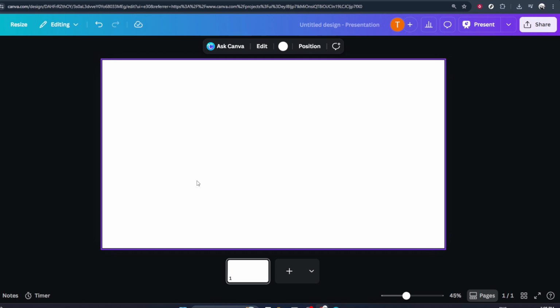Once your design is open on the screen, look over to the left-hand side of the Canva editor. You'll see a vertical toolbar with options like Elements, Uploads, Text, and so on. In that same panel, find and click on the option labeled Apps. This is where Canva lets you connect different tools and services, including the feature we need to bring in Spotify